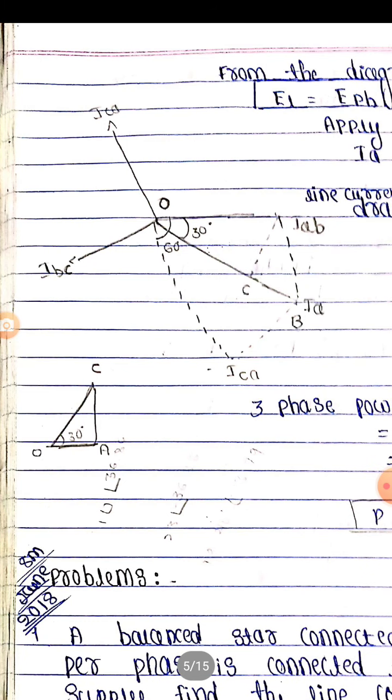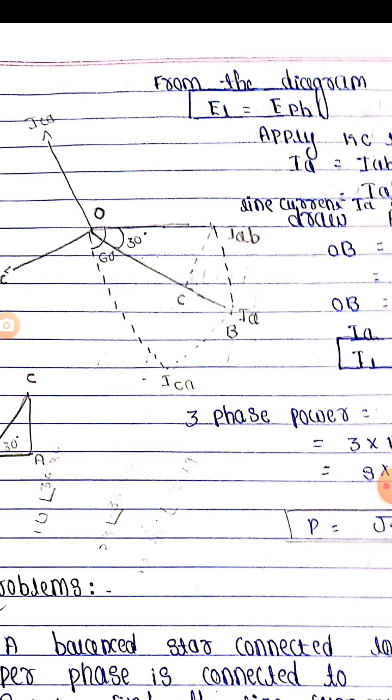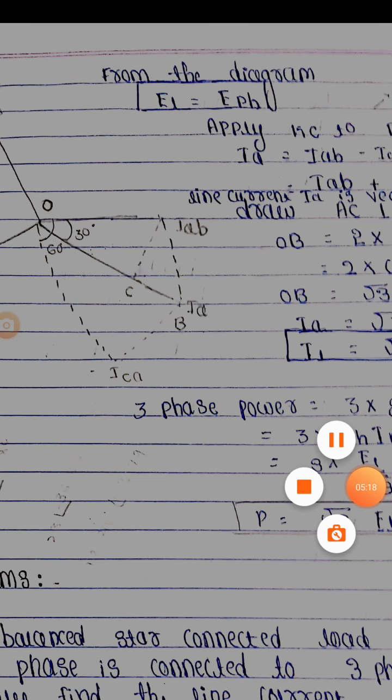Similarly in the case of a delta connection, always EL is equal to E phase, then IL is equal to I phase times root 3, so I phase is equal to IL by root 3. Then power is equal to root 3 EL IL cos phi. Out of these two, one will definitely be there in the exams. Next class we will see the measurement of power using